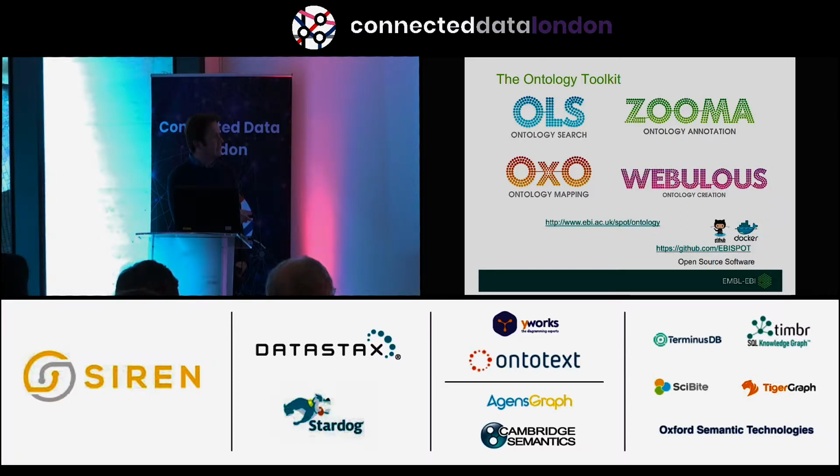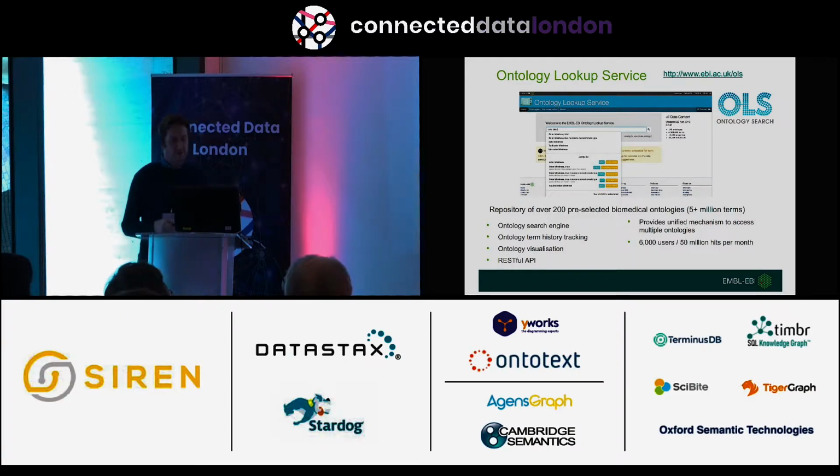So there's a link here, if you can get the slides, a portal into all our tools. Everything's on GitHub. It's worth saying that all this is fully open source software, so you can get this. And none of this software is really tied to life science data. Most of this is just designed to work with our ontologies. Yeah, we've been delving into the world of cloud, so you can run these services in cloud environments now. So I'll start with the Ontology Lookup Service.